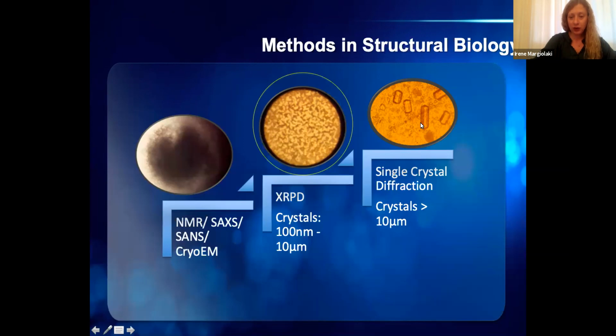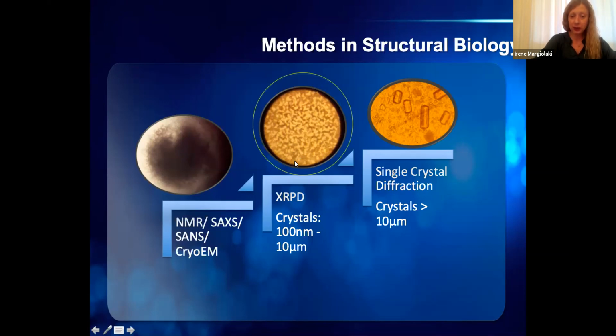So back in 2003, we thought, why not apply powder diffraction, which is a very common technique in materials science, in order to look at samples which look like this. These samples sometimes look amorphous under the microscope, but they are not, in fact. They consist of crystals which range in size between 100 nanometers and 10 microns. And this is why we explored this method